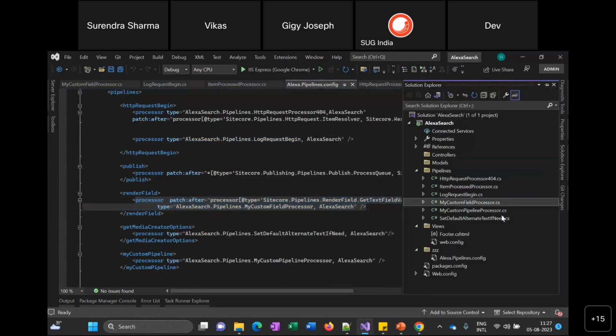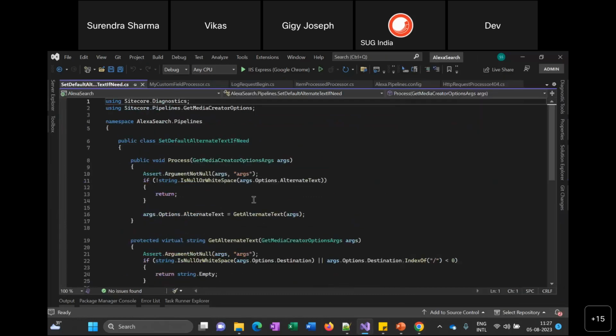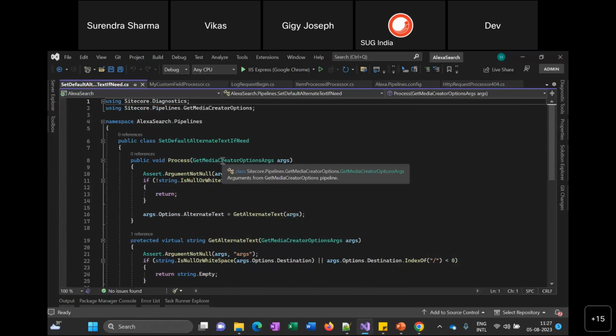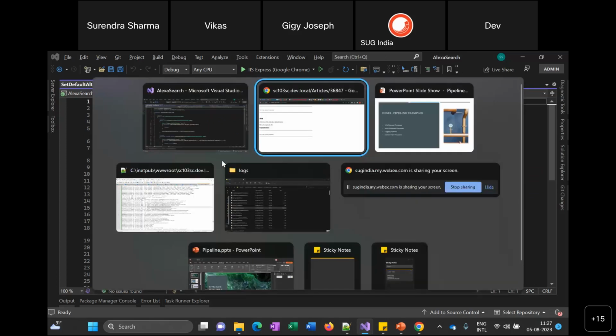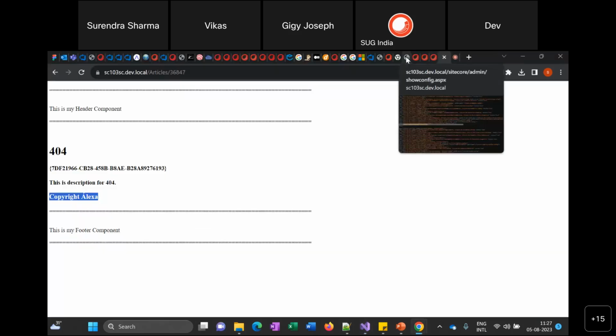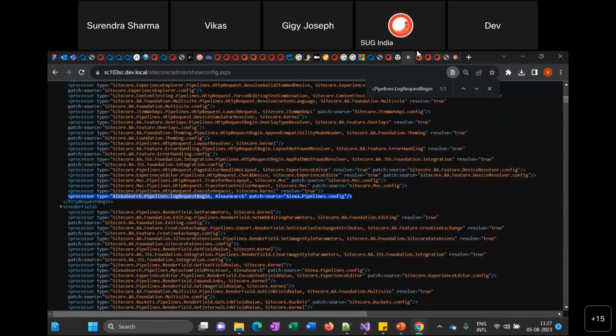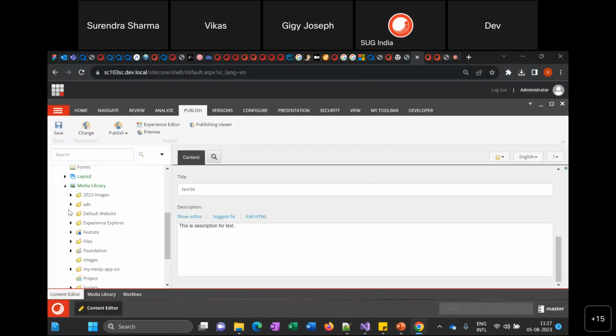And the last one is the media related. So let's suppose you want to write a media related pipeline and the process, so that also you can add it. So the scenario here is that within the Sitecore, if you upload any kind of images in Sitecore,